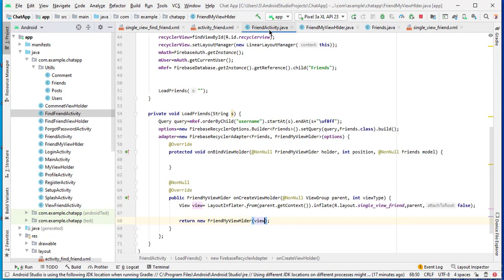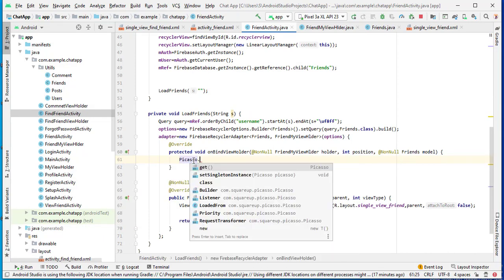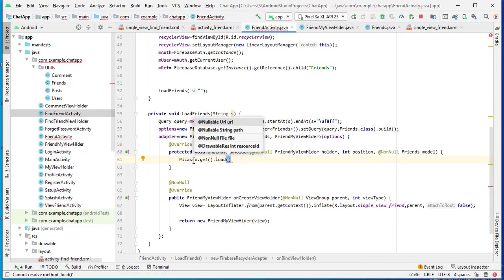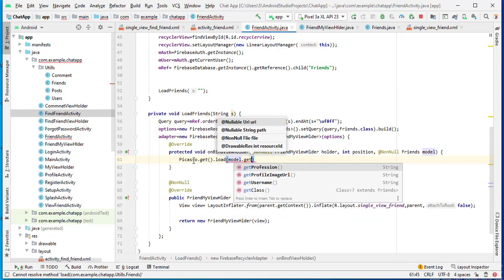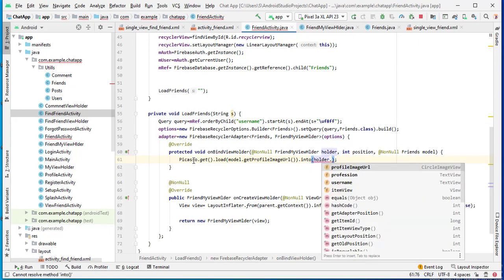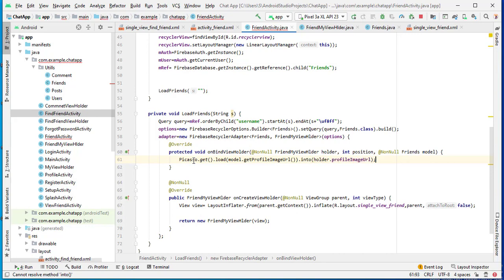Now go to FriendActivity, and here we will initialize the data. So here I will use Picasso.get(), and here we will call the method load, and here we will simply call model.getProfileImageUrl().into, and here we will use holder.profileImageUrl.